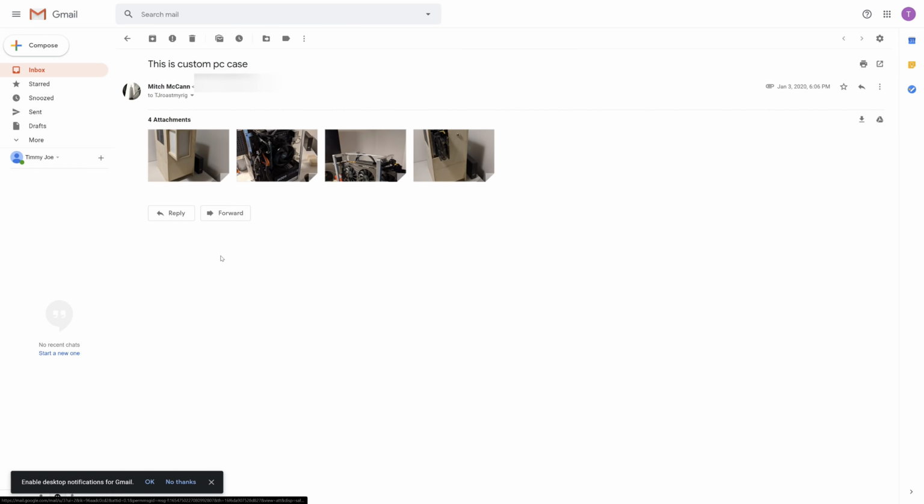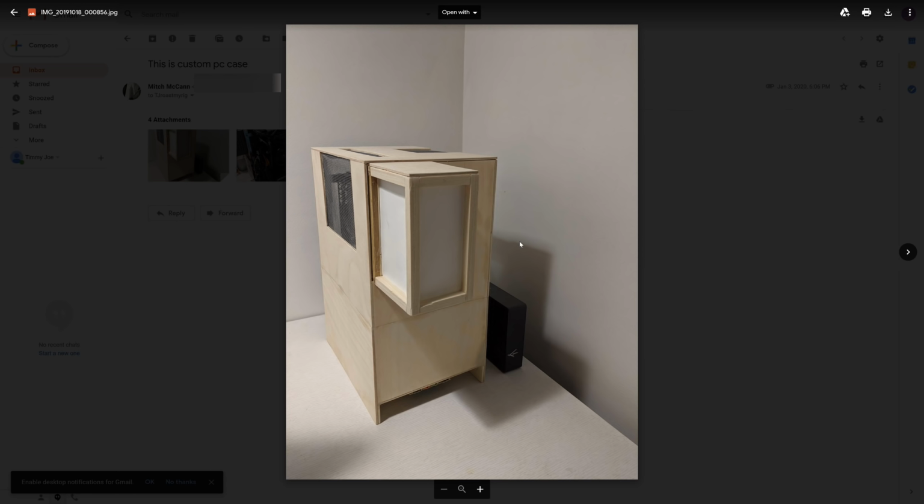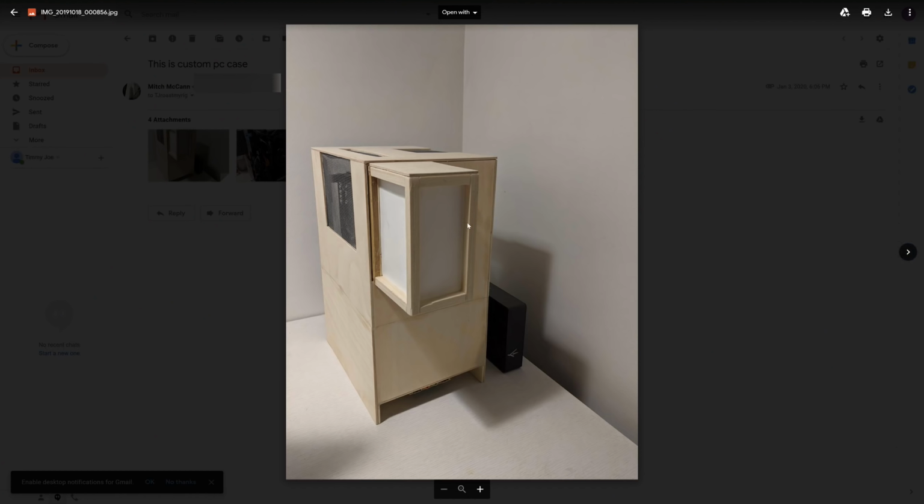All right. So a lot of do it yourself, build your own here. And we got Mitch McCann here, and he didn't even give me any clues or information on this. He just sent me 4 pictures. Let's check it out. So it looks like this might be some sort of a beehive, the guys, and they make the little frames, and maybe this is a box to catch a rodent in or something. But